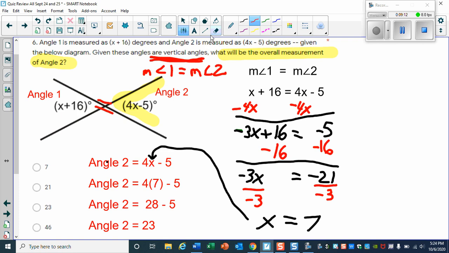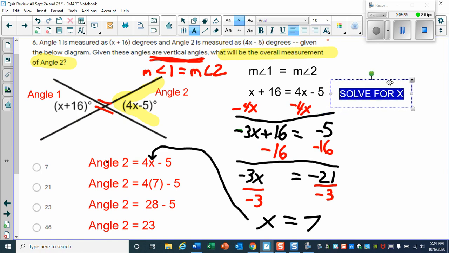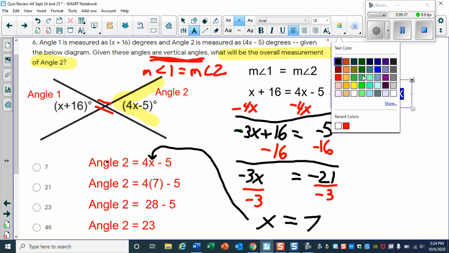So your first part here, once you set x plus 16, that's angle 1, equal to 4x minus 5. So now we need to solve for x. So that's the key step. Solve for x. And what you need to do, the first thing you need to do,